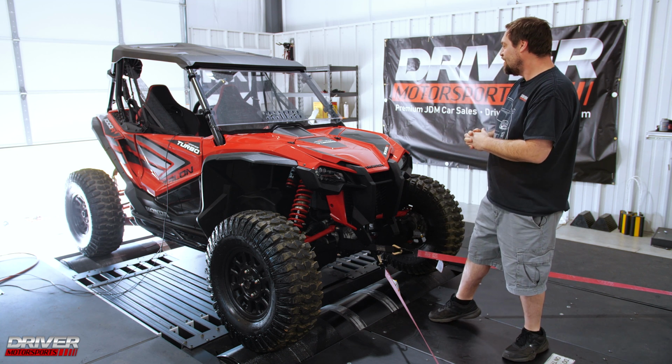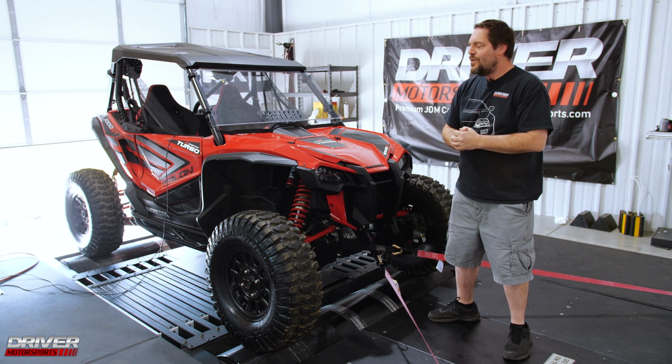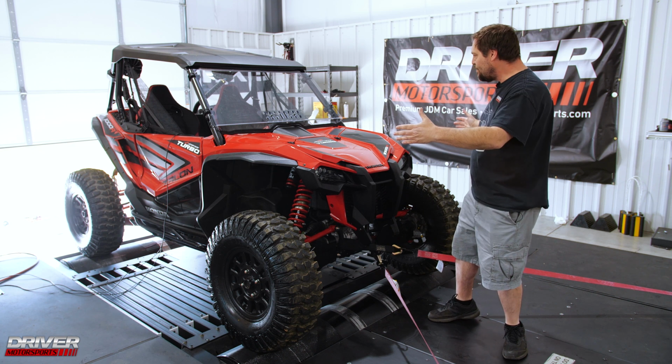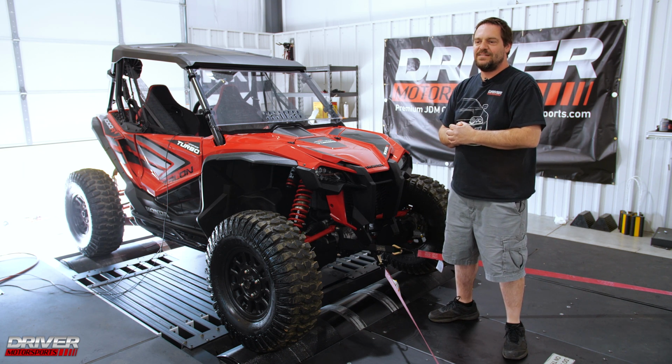So if you're looking for a 1000R Honda Talon, or you want a Jackson Racing turbo kit installed on your vehicle, on your side-by-side, contact the guys at Honda Suzuki of Lynchburg, man, because they can get it